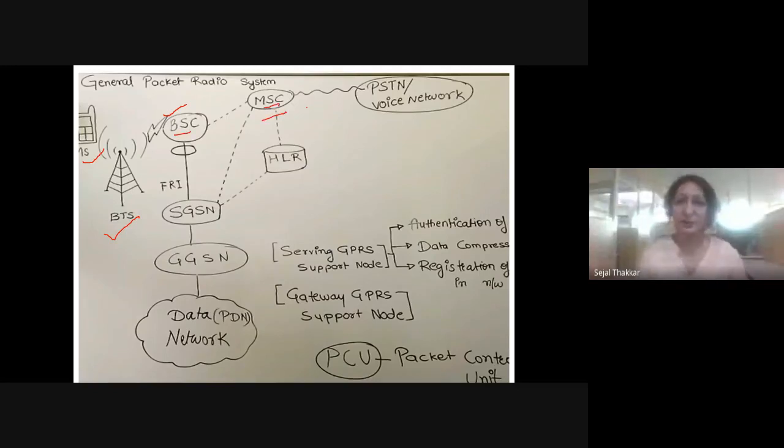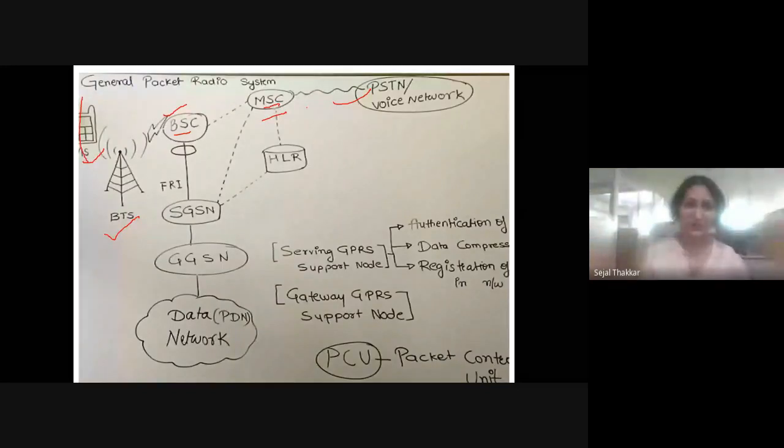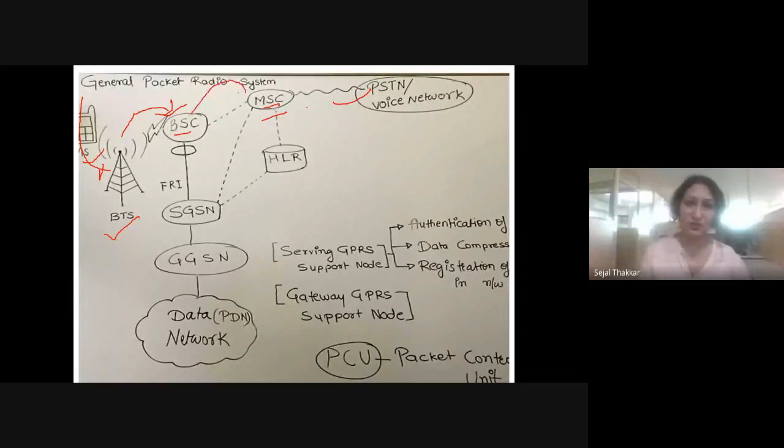From this MSC it will go to the public switched telephone network, right? So whenever somebody calls me, the call will first be transferred to the tower of that BTS, base station transceiver, and from there it will go to my BSC, and then to the particular state. If I am from Gujarat, I am in my home network, the local network, so it is going to check whether I am at my home location or at a visitor's location.